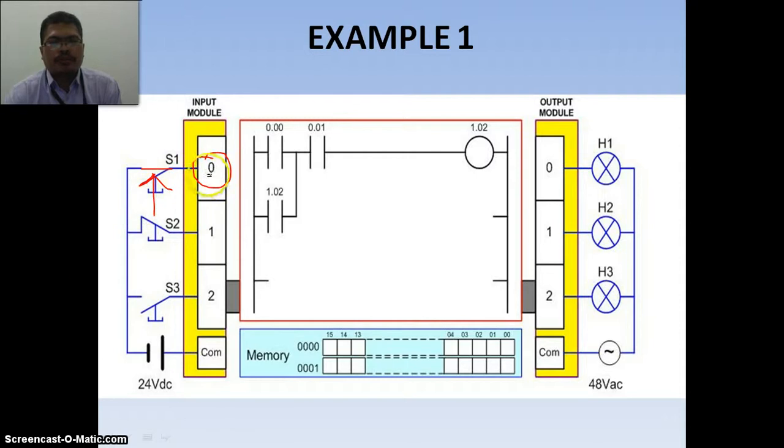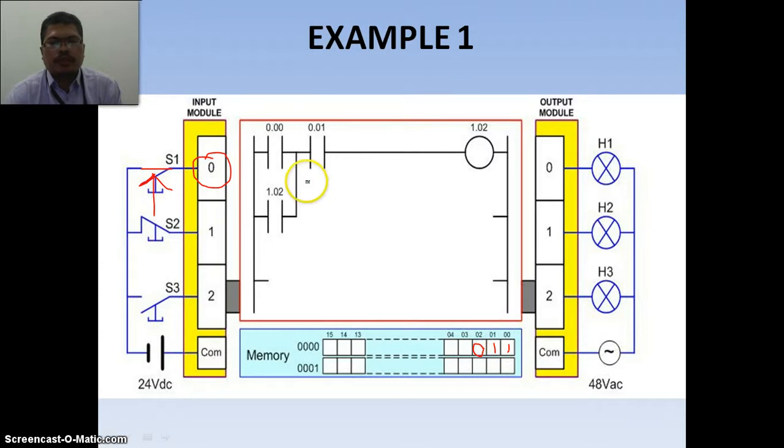So second step, we will update the input with logic 1 here. For input number 1, there is a voltage received, here is logic 1. And the last input, number 2, has no voltage because this is open, so the logic will be 0.